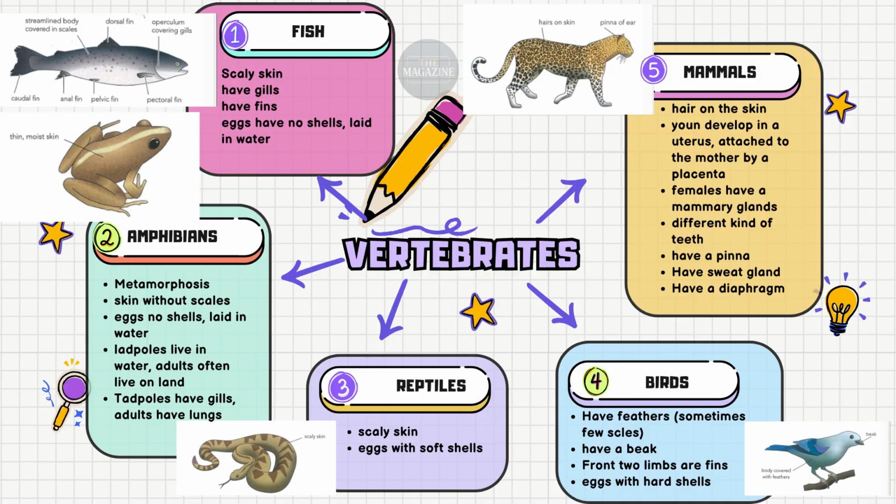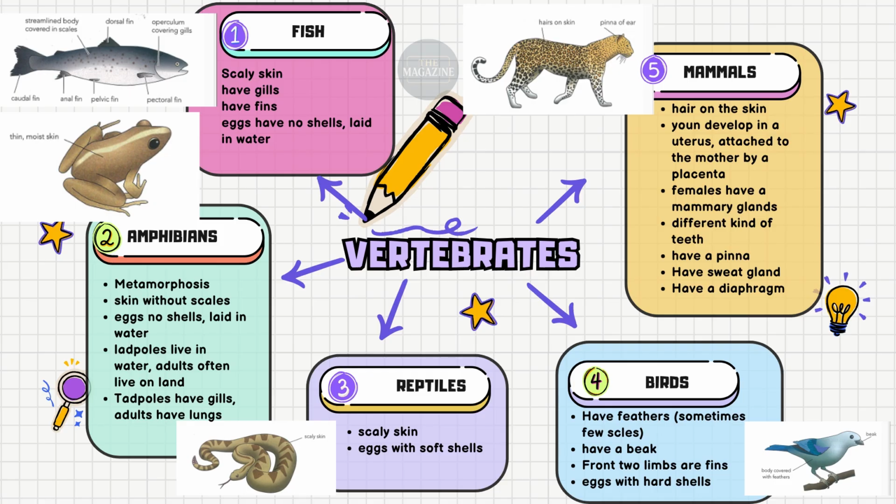Especially they don't have lungs, they have gills only. As well as for swimming, they have fins. Next one, especially you have to keep in mind, they lay eggs in the water, but they don't have shells. I hope you can keep these things in mind. For fish especially, you can imagine a picture, then it's easy to recall the main characteristics.